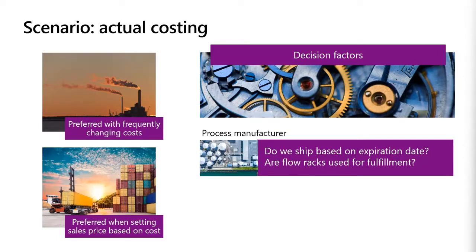In this example, you will likely want to also use the financial inventory option on the tracking dimension group for the batch number. Another example here is when you use flow racks in your warehouse for fulfillment. Think about milk in your grocery store. The milk is loaded from the back of the shelf and taken by consumers in the front of the rack through the refrigerator doors. These types of racks are often used in high-turn inventory fulfillment scenarios in warehouses as well,